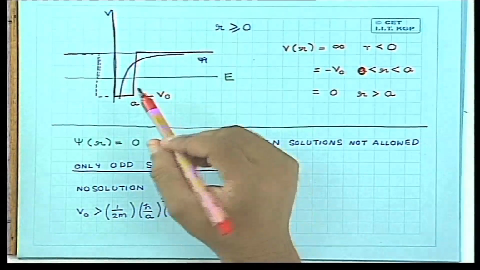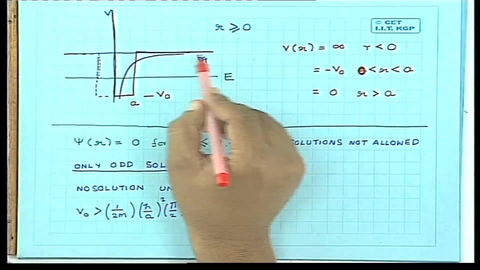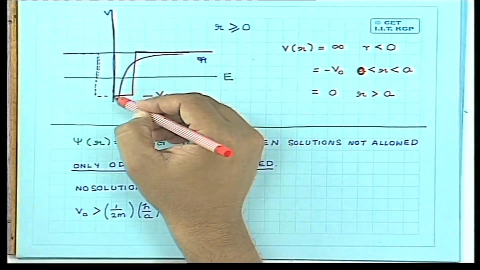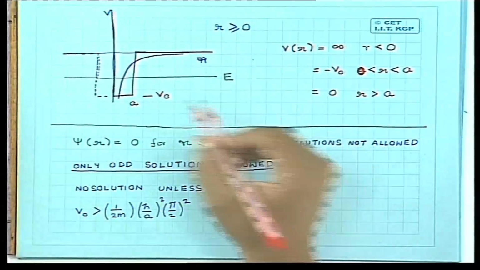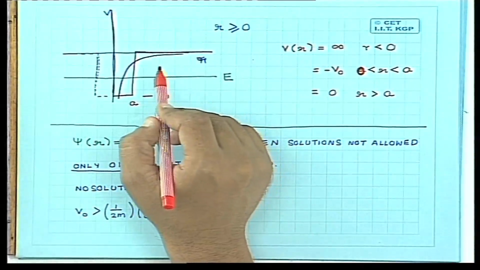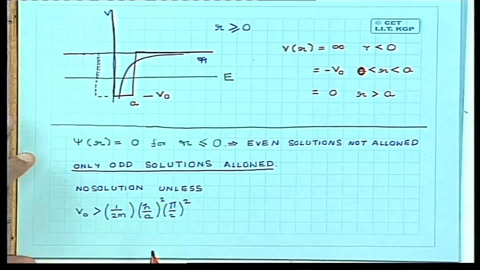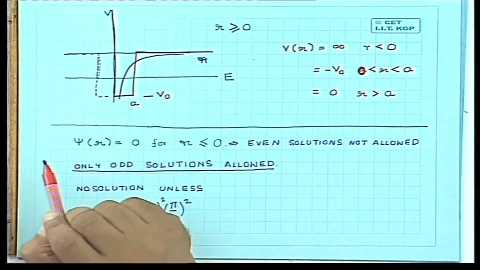So in reality, the potential is something like this. It is 0 at infinity, very far away, and it varies very rapidly. It falls off very fast within some distance a, which is the nuclear length scale, within which the nuclear forces act. And if the particles have a large separation, the nuclear forces are negligible. So it falls off, and it is nearly negligible here. So we are going to model this, as I have told you, by a square potential well, by a potential well of a finite depth.